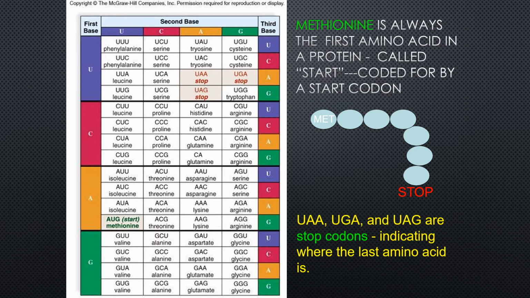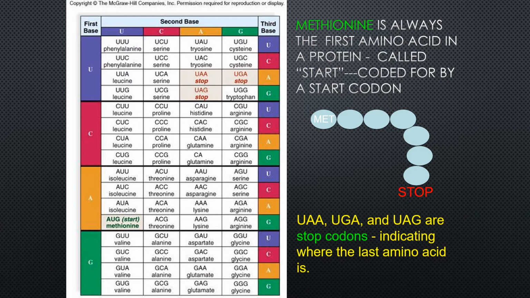So when we look at the codons, they always have specific amino acids, like I said. And there are certain codons that are start codons and stop codons. A start codon means, okay, you need to start making the protein here. This is where the code is written for the protein that we're looking for. And this table right here gives you a whole bunch of codons and what they code for. No, you don't have to memorize all of those, but I do want you to know the start codons and